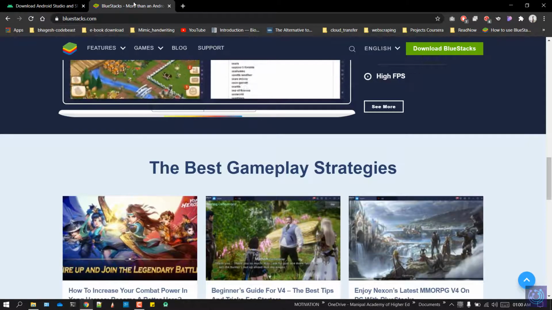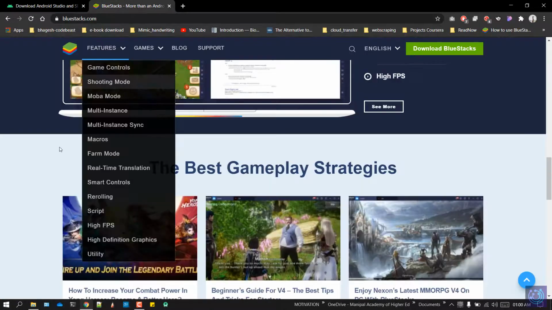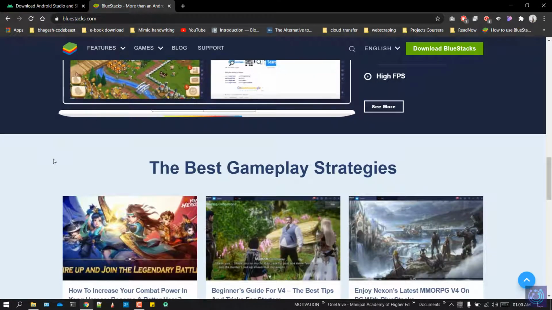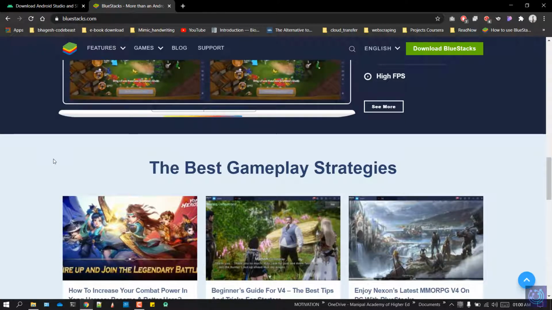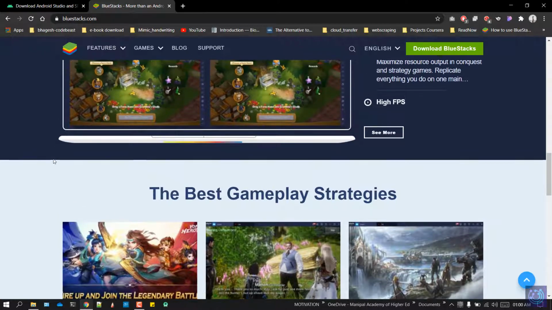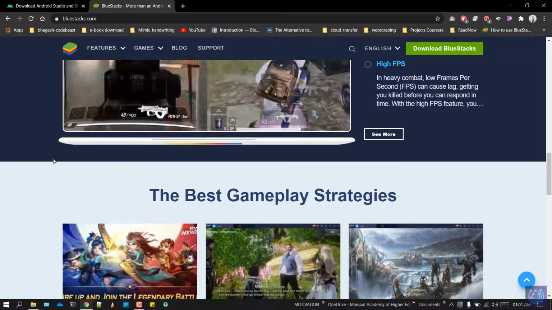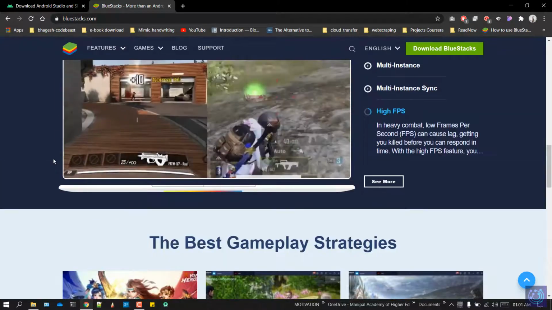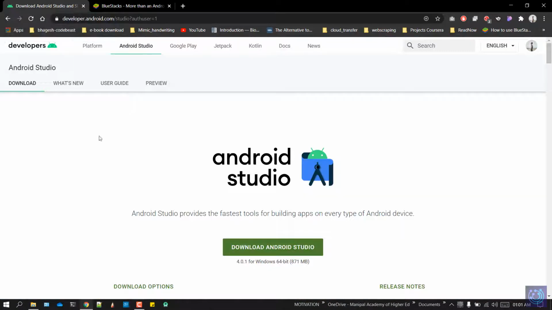So why not BlueStacks and why download Android Studio? BlueStacks basically does not get installed or does not operate if you have WSL, that is Windows Subsystem for Linux. There is an alternative for this, that is BlueStacks for WSL, but that's still in beta version, so I would not encourage you all to use it. So the best option right now is Android Studio.